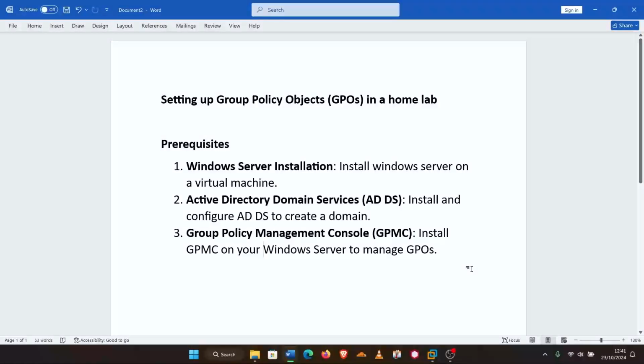This video is the second video for the Windows Server Home Lab series. In this video, we will be discussing and doing some activities on group policy management. There are two parts for this video. The first part is creating and setting up GPOs, and the second part is implementing and testing those GPOs we